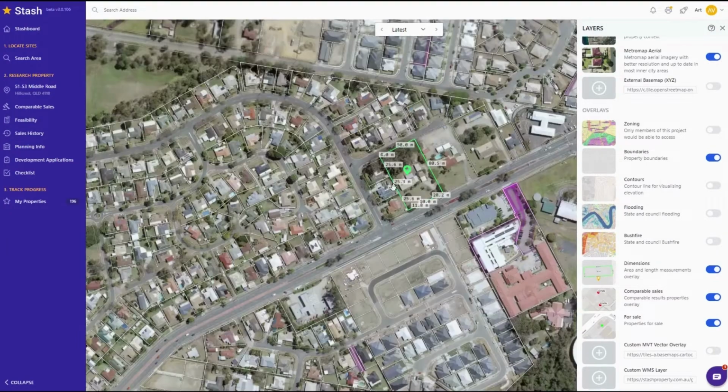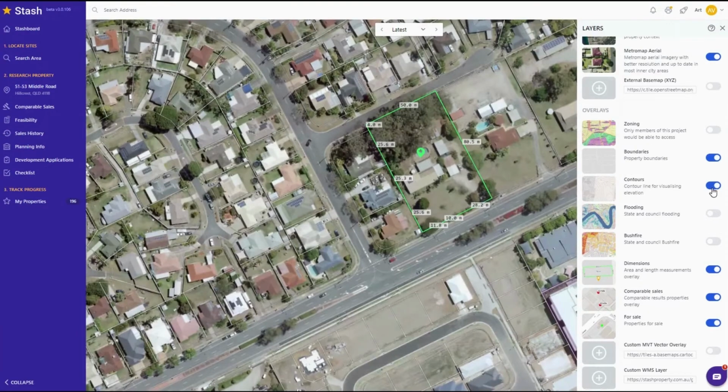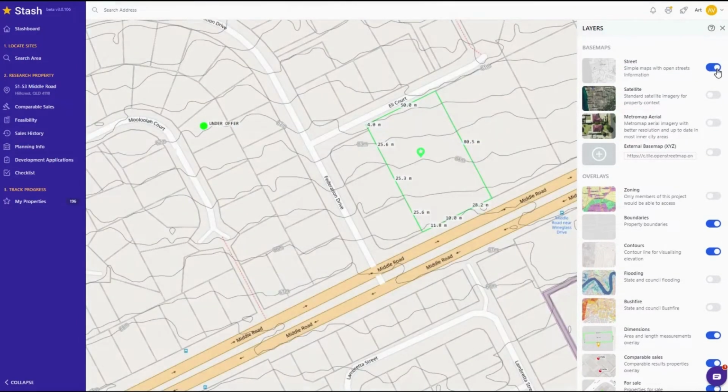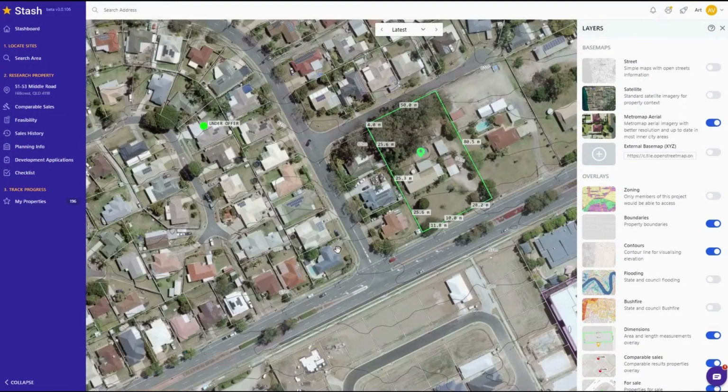Another one that you can do is chuck on your contours. So with contours, they're in 1 meter elevations. If it's not as clear as you need it to be, just remove the aerial imagery or satellite imagery and you'll be able to get a better indication of what those contours are returning. So back into satellite,